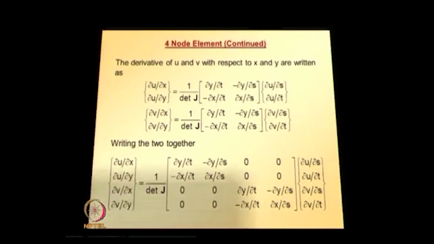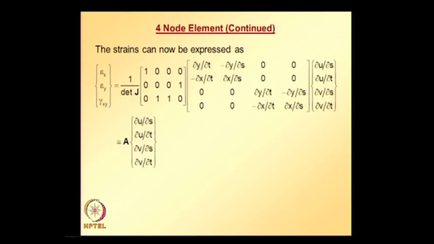So, now once we have that information, strains, we know the definition of strain, and we just found the derivatives of displacement components with respect to x and y. So, we can plug that in and rearrange the equations, and finally we get this,